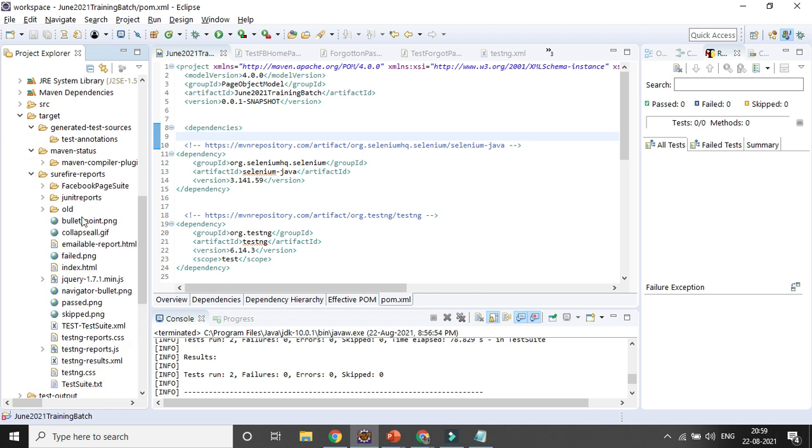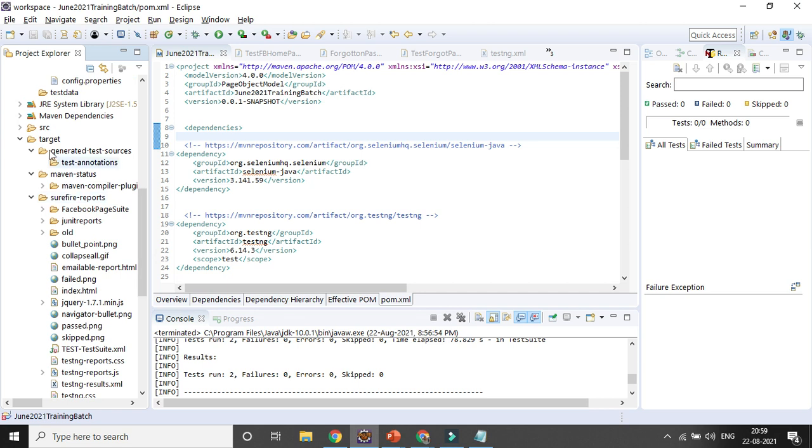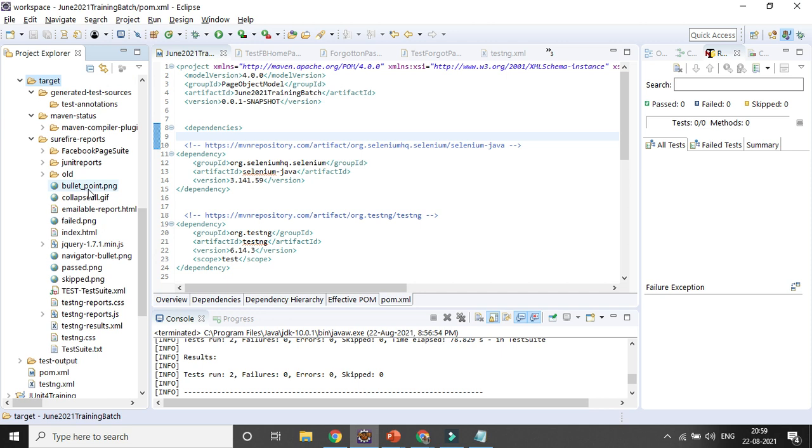That's why, instead of the test output folder, if you run through Maven, you will get everything in the target folder, not the output folder, right? So you can get everything the same way.